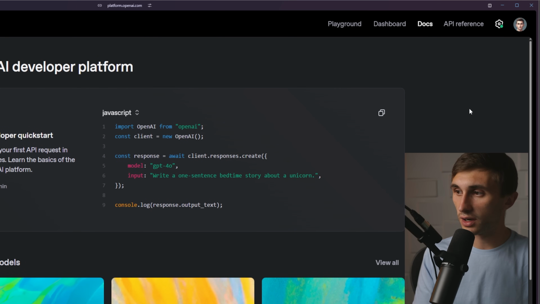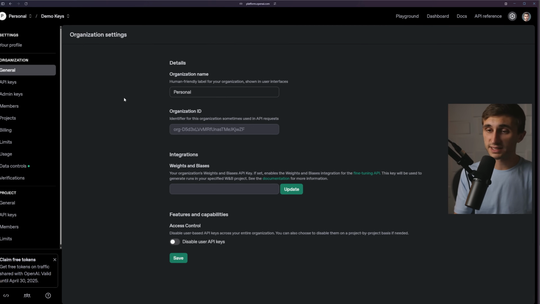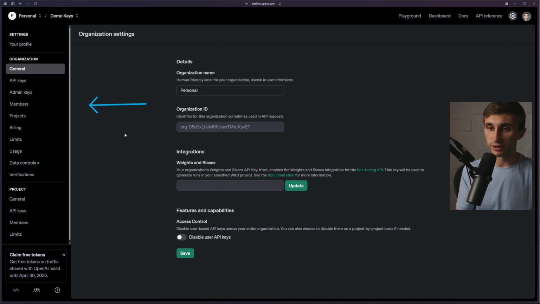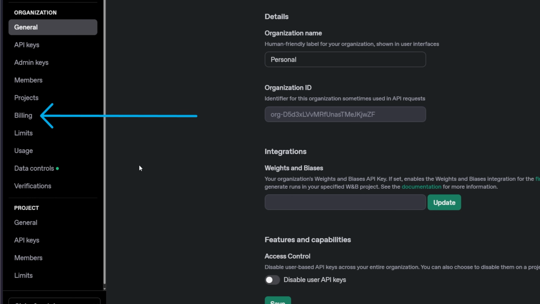And then once you're logged in, you're going to see your profile picture up here, and you're also going to see this settings gear. What you're going to want to do is click on that settings gear, and that's going to open up this new side panel here. And what you're going to want to find first is the billing area. So billing is where you're going to set up your card and all of your payment information for basically paying